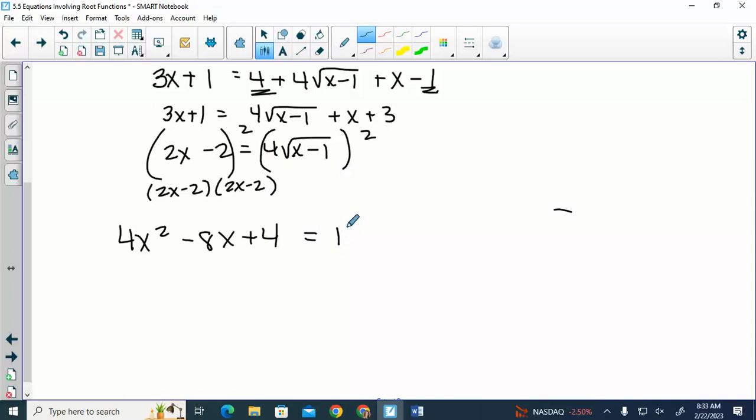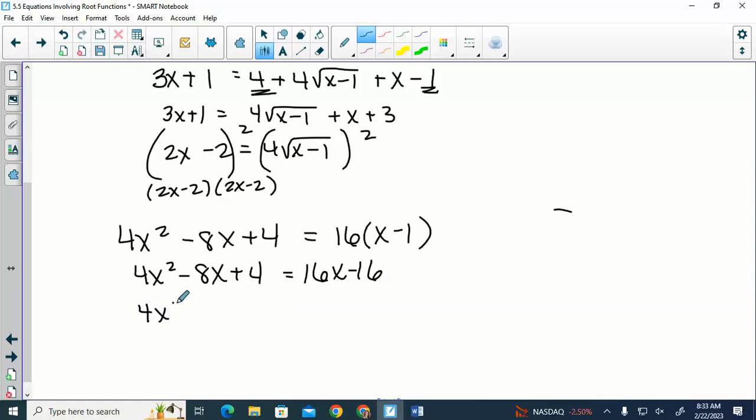Over here, 4 squared is 16, square root of x minus 1 squared is just x minus 1. So if we subtract over the 16, add over the other 16,